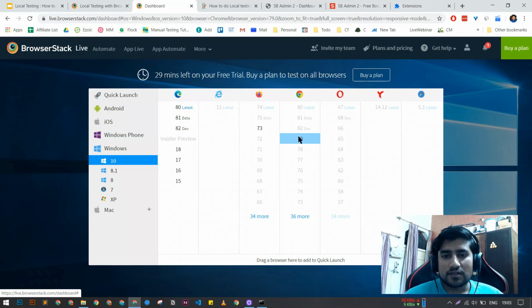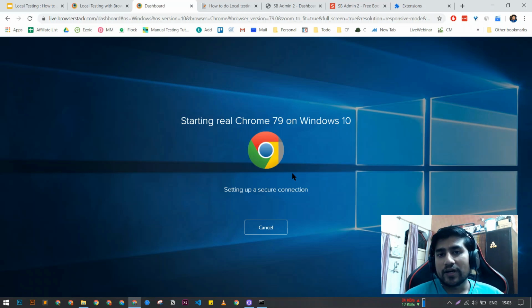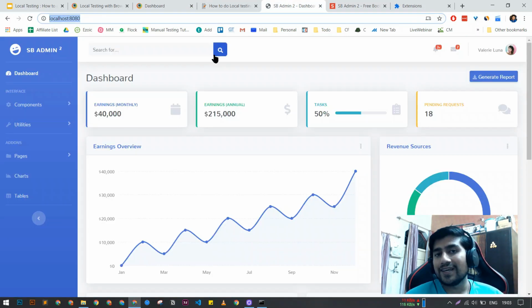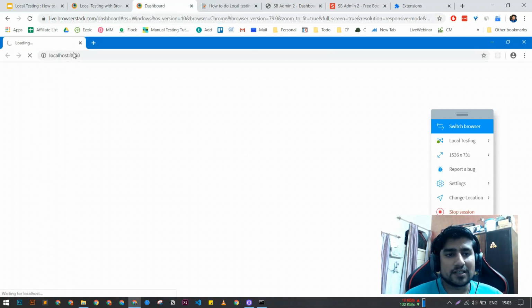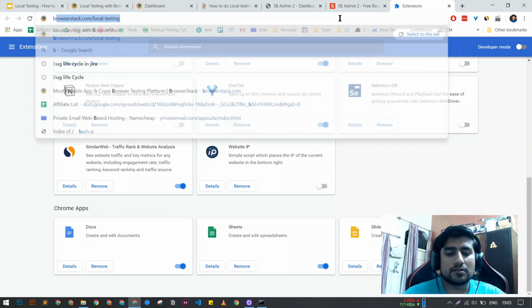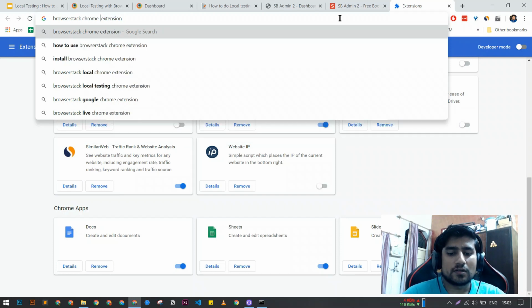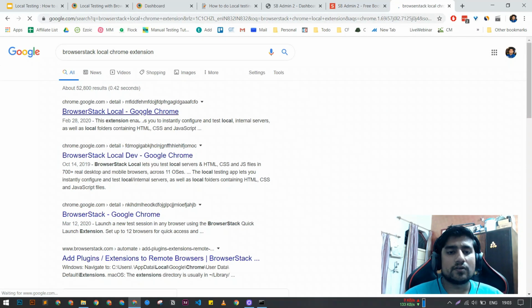Okay, stop the session and let's start it again. Right. So the first time when you try to access this URL, because this URL is accessible on the localhost 8080, which is like a local environment for me, and if you try to access it, it will basically get a timeout, right? Here, what you need to do is that you will get an option to download the extension from here, or you can directly just go to BrowserStack Local Chrome extension. You can just Google it around and download it,